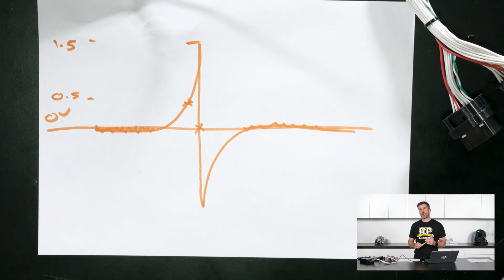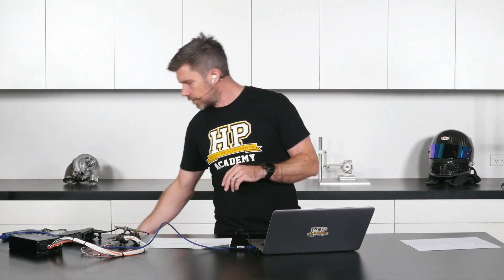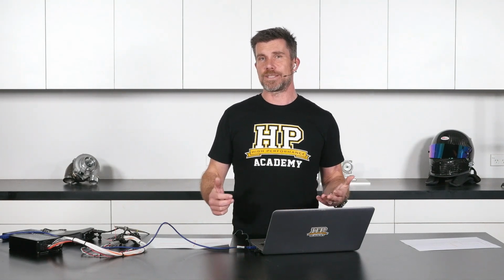So we can use our scope to get a really good snapshot of what the arming threshold should be at cranking speed, and what it should be at 1000, 3000, 5000 RPM, and fill in that table accurately. Now, if we get that wrong, there's a bit of room for error. That 1/3 of peak amplitude is just a good rule of thumb. A lot of it will depend on how well suppressed your system is from noise, basically how much background noise we've got on the system. So there's still going to be some ability to play with this, but generally that 1/3 of your peak amplitude is what we're going to be setting,